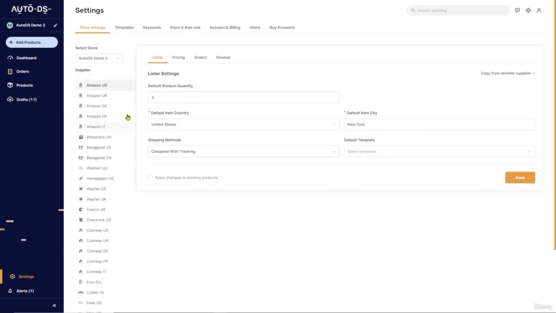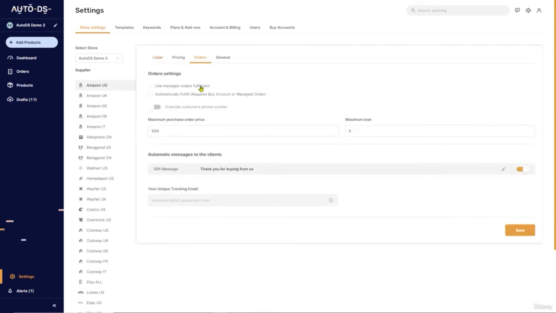Now let's go back to the settings, Order Settings. Keep in mind that we are configuring the Amazon US supplier in this example. If you click on any other supplier, you will be configuring their auto order settings. The next option is to override a customer's phone number. Using this, instead of the customer receiving an SMS that they have a package on the way from a certain supplier, and then knowing who you're buying from, you can just override their phone number, use any number that you want, and then they won't be receiving any SMSs that they have packages on the way from your